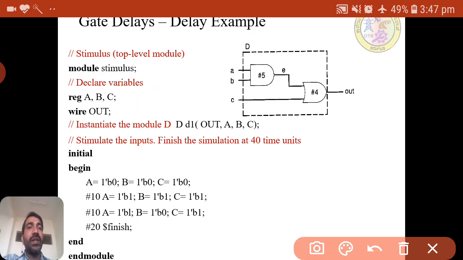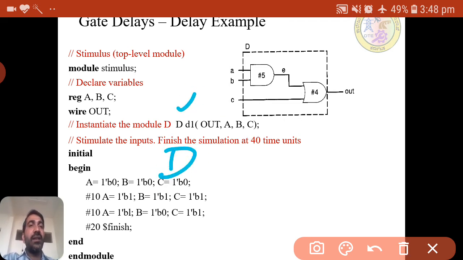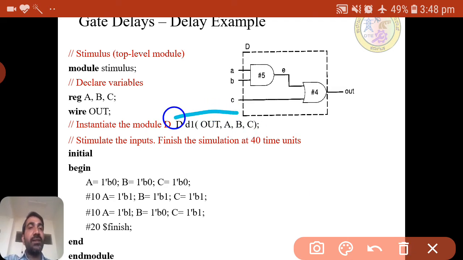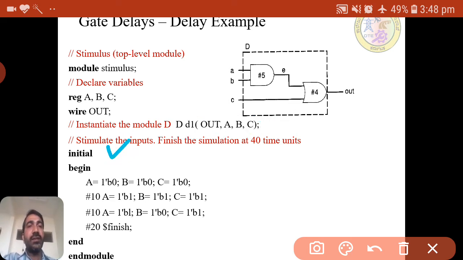After that we need to instantiate the design module. As we know, the module name is D, so the instance name they have given is D1, then whatever inputs and outputs, that is out, A, B, C. This is the same pattern we have seen: declaration, instantiation of the design block, then initial, and here we give the inputs within begin and end.